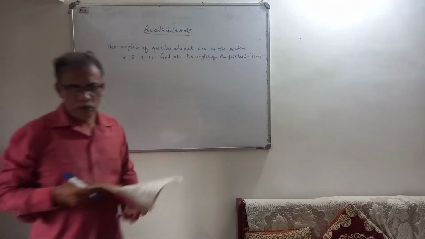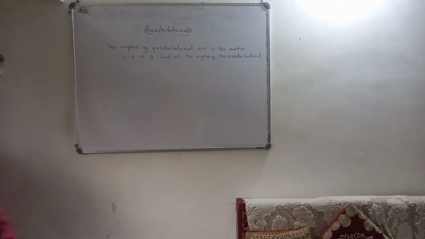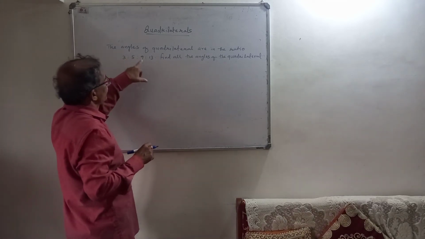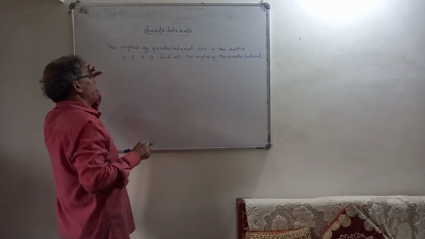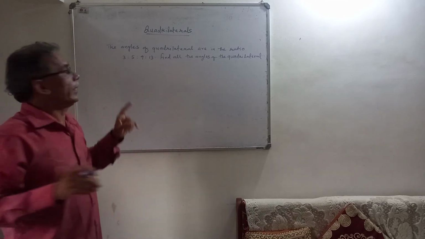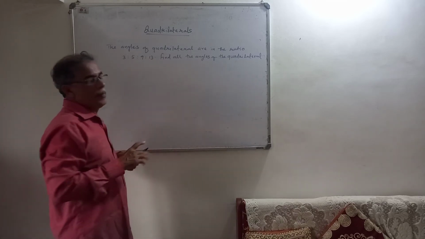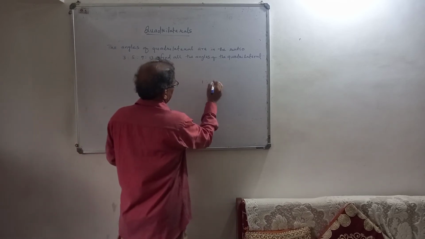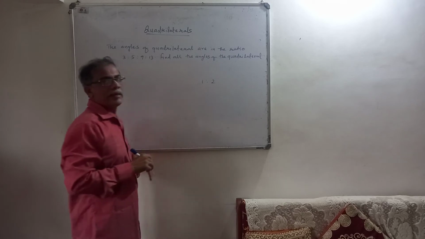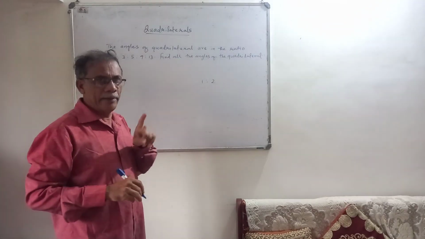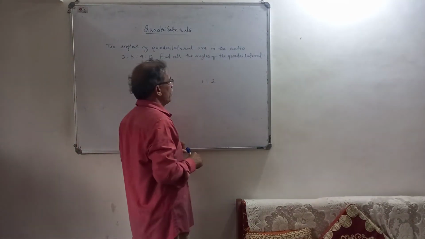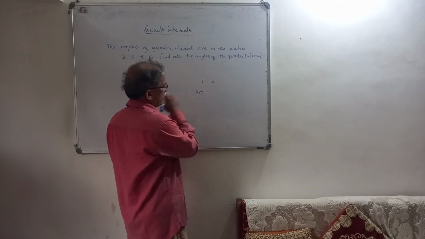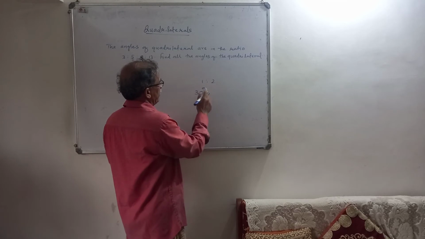And all the angles of a quadrilateral. So the angles of the quadrilateral are in the ratio 3:5:9:13. The degree measure is not given, but they are in the ratio. Ratio means comparison. Suppose two angles are in the ratio 1:2, and you are given the first angle as 30 degrees, then what is the second angle?